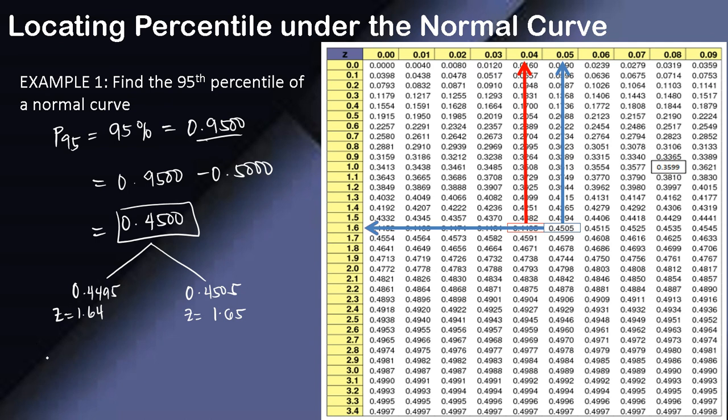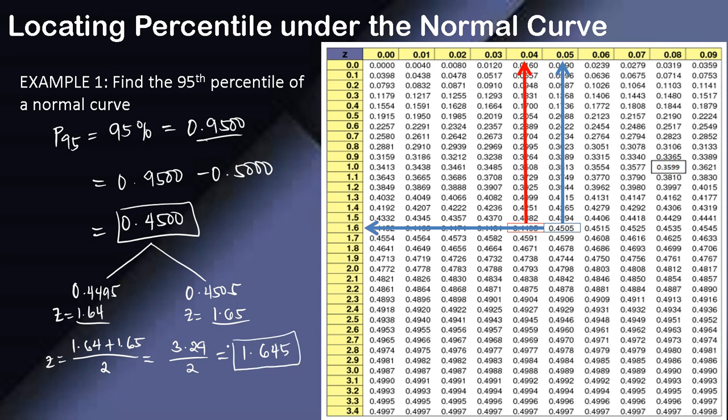So next, kung nahanap na natin yung dalawang yan, kukunin natin yung mean. Sa anong proseso? I-add mo lang yung nakuhang dalawang Z score, then i-divide mo siya sa 2. So 1.64 plus 1.65, it will give you 3.29. Then 3.29, i-divide mo siya sa 2. So that will give you